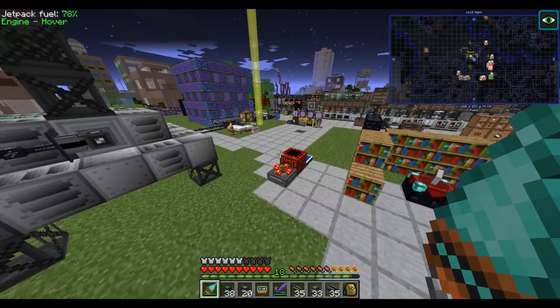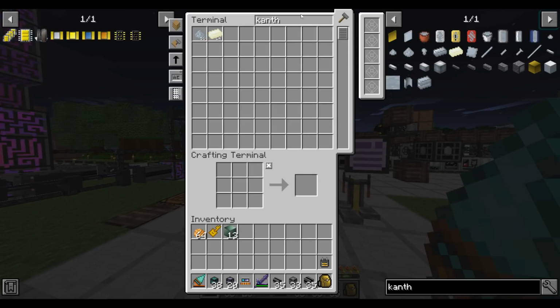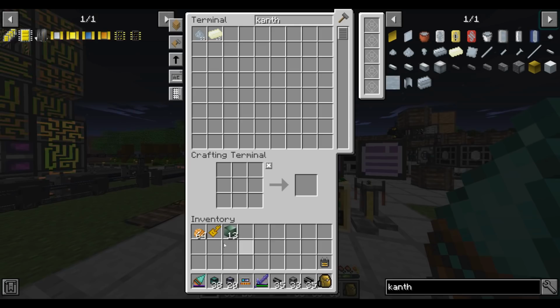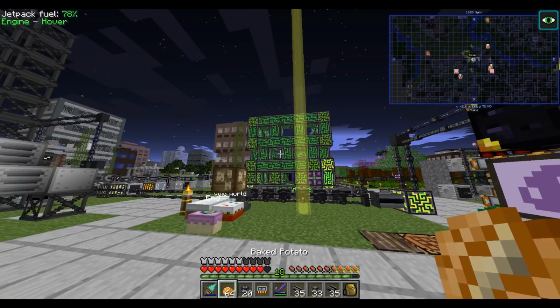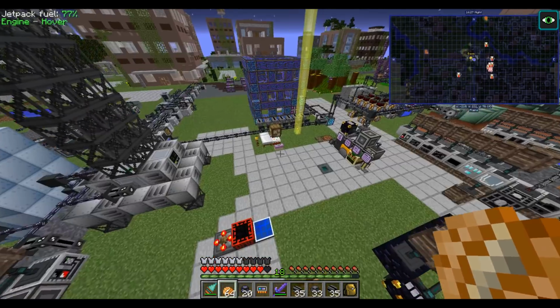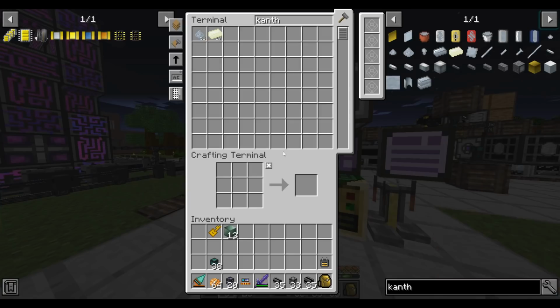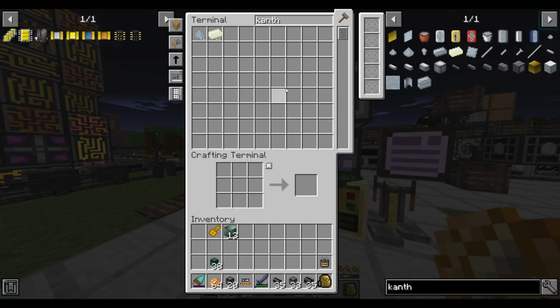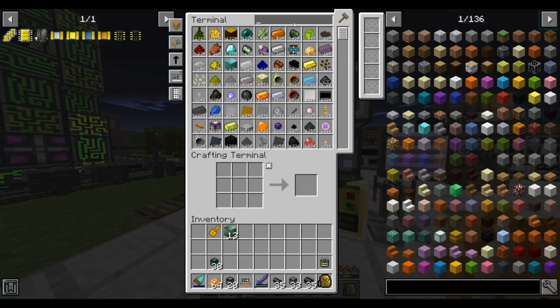But there's a small problem in that, take a look at this. When I pick these up, I start getting hurt because I guess they're burning hot ingots. And, well, the time it takes for me to grab the ingot from the terminal, move it here, I might die. So, you think maybe there's some type of gloves you can wear so they don't burn you. If there is, I don't know about it. So what I'm just going to do is